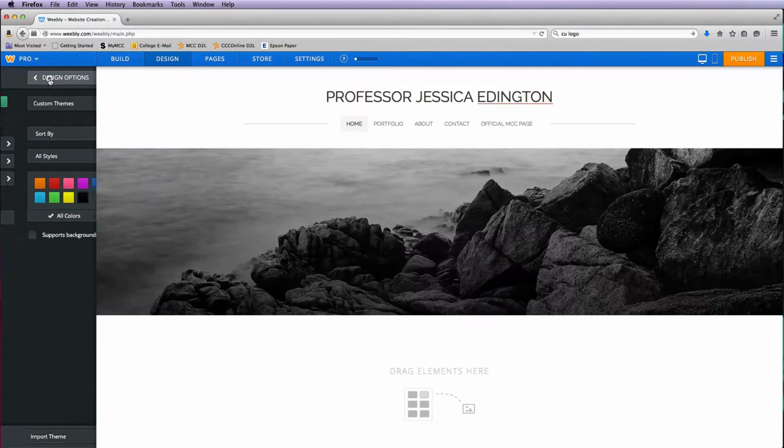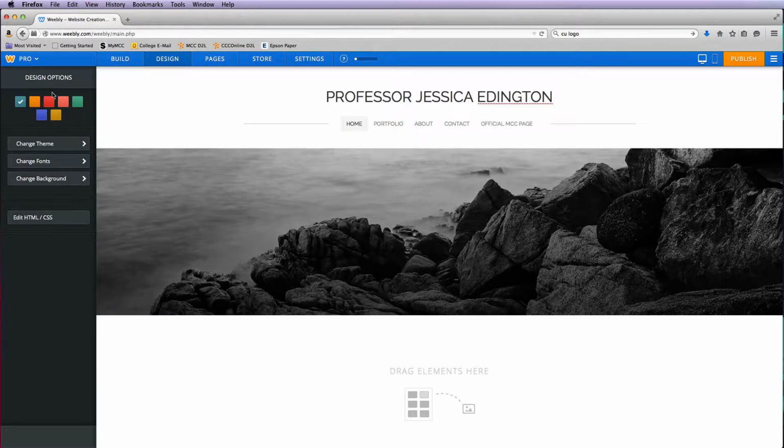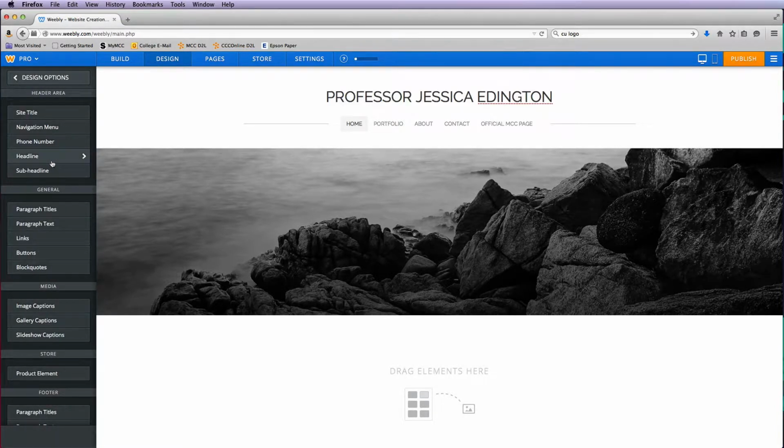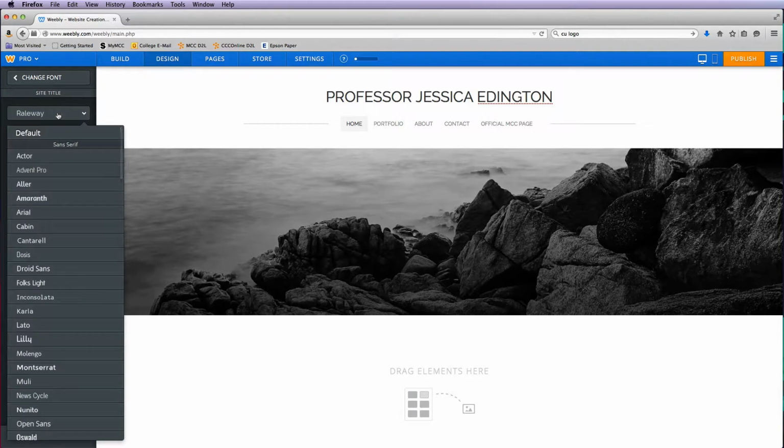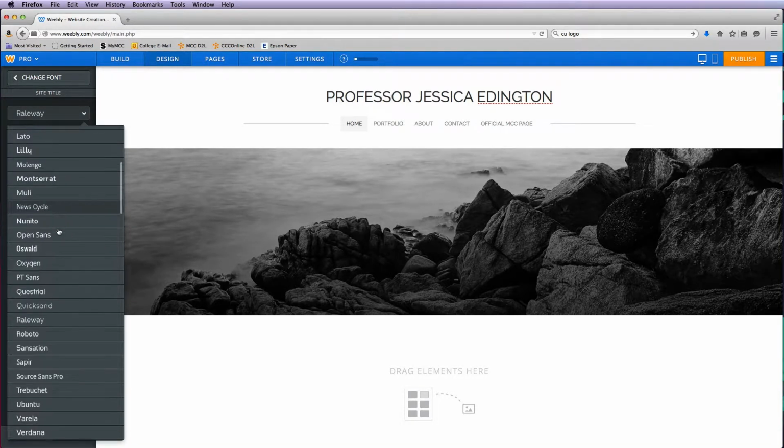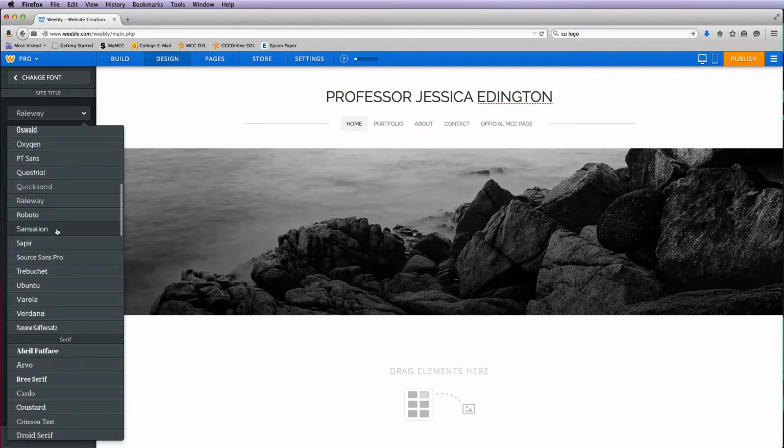Now, a couple other things that you want to be aware of is if you like the theme that you have but you just want to change the colors, that's going to be on this top level design options. You can also change your fonts. If I wanted a different font for this site title, I can come up to this site title button, go to the different font options, and I can choose something like,